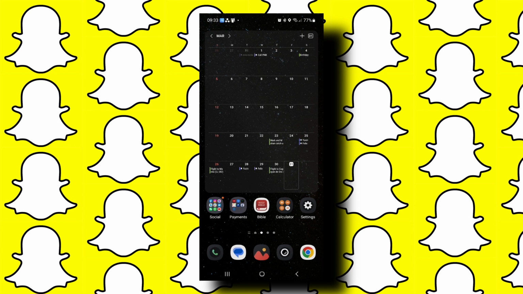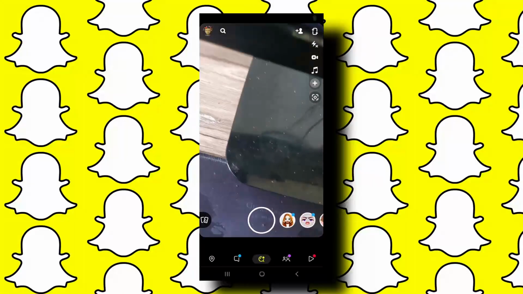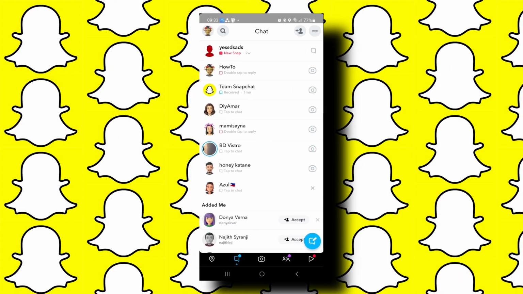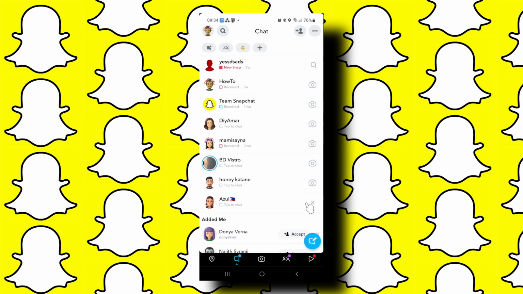First, let's go ahead and open up Snapchat from here. And you want to scroll to the side to reveal your chats. Now, if you have My AI, it is going to show up here in your chats. So, basically, what you can do is you can click on the X icon here, and that should take care